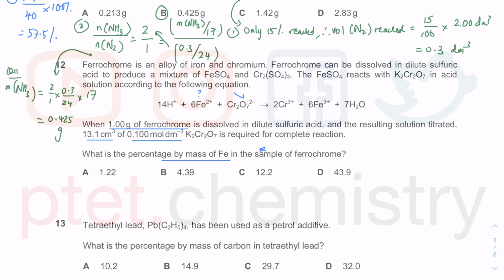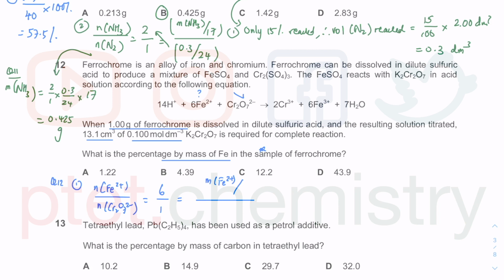Okay, so setting up the mole equation. So question 12, the mole of Fe2 plus over the mole of Cr2O72 minus. From the balanced equation is 6:1. 6 of the iron 2 plus is to 1 of the Cr2O72 minus. On top, I want the mass of Fe2 plus, but I can use the relative atomic mass of iron, which